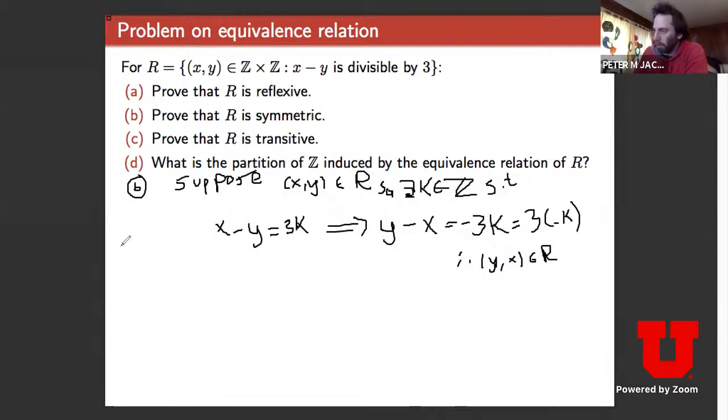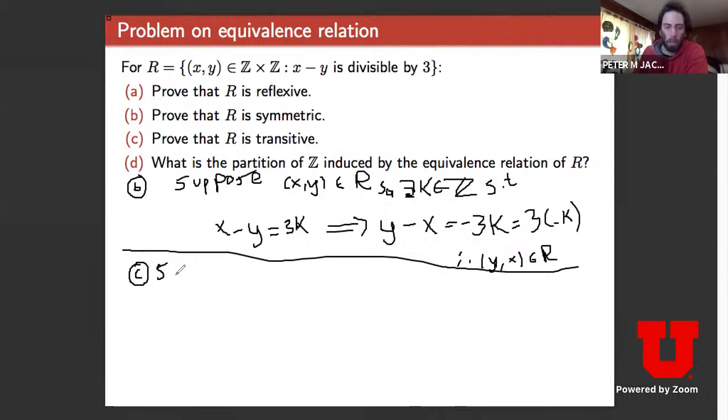And then part C, let's do part C as well. I'll just write that one out. We want to show that the relation R is transitive. That means that if x is related to y and y is related to z, then x is related to z. That's what we want to show. So suppose